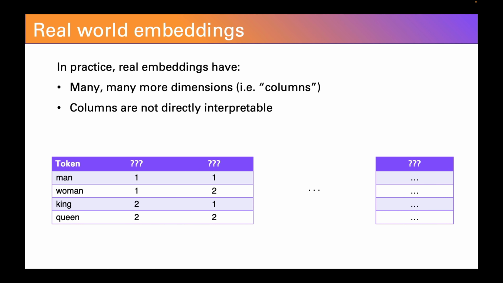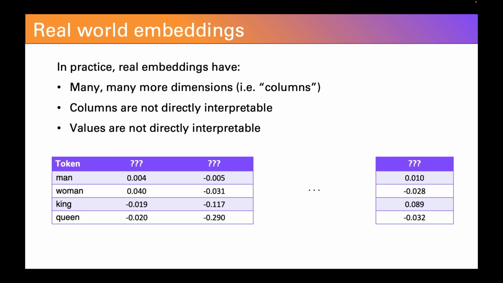Another difference is that the columns are not directly interpretable. In the hypothetical two-dimensional example, we said the first column represented authority and the second column represented gender. But in real embeddings, we have no idea what each column represents. And in fact, they're probably not representing any single thing. And similarly, the values themselves are not directly interpretable in the way that we were doing in our king, queen,